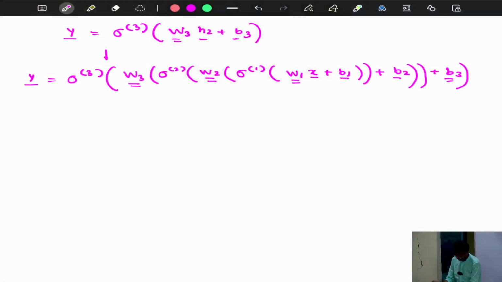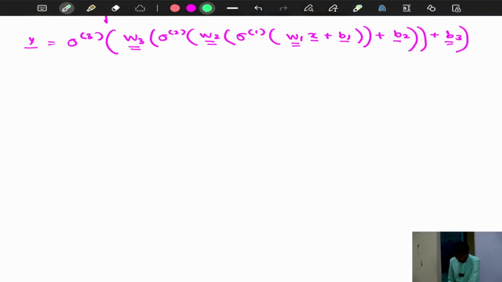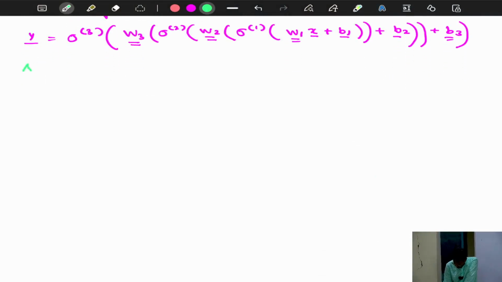Okay. So, neural network is nothing but a